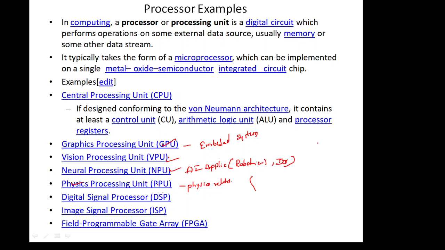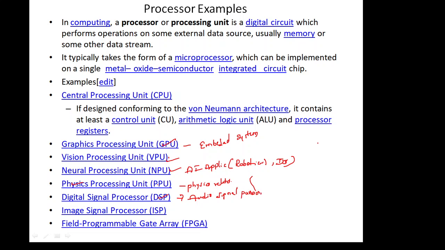And next one is DSP. DSP means digital signal processing, which is used in electronics. So this DSP is a microprocessor chip. These DSPs are fabricated on MOS integrated circuit chips, and they are widely used for audio signal purposes. That is the best application of this DSP. Mainly the purpose of this is audio signal processing.